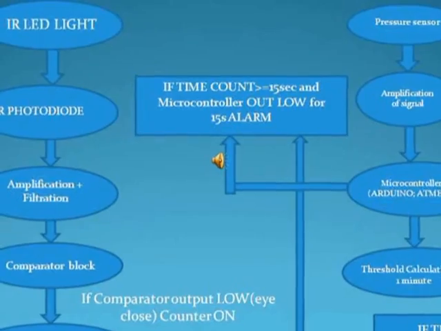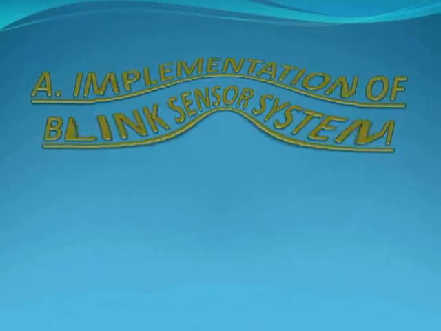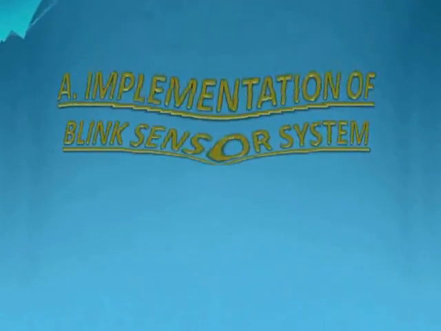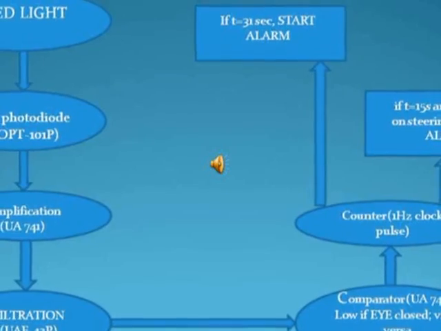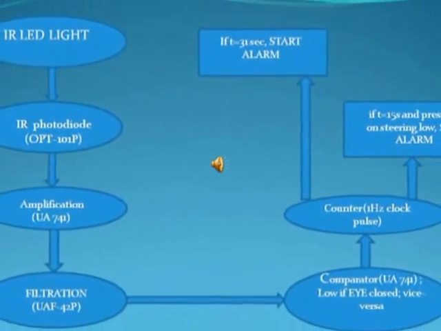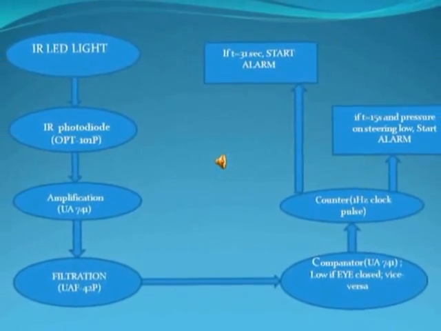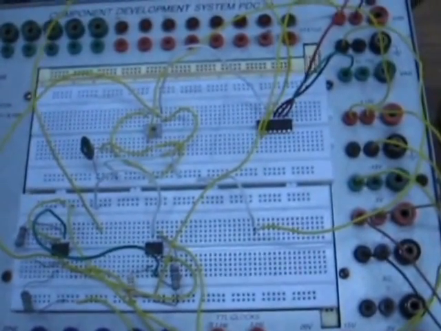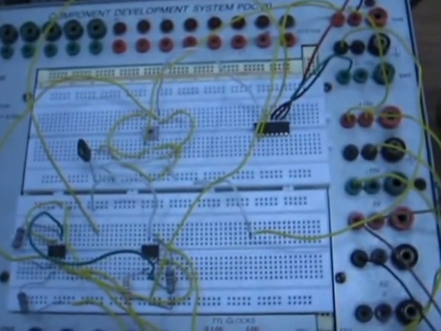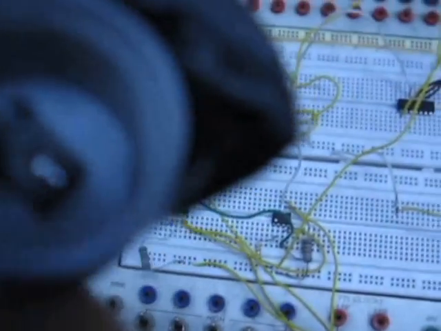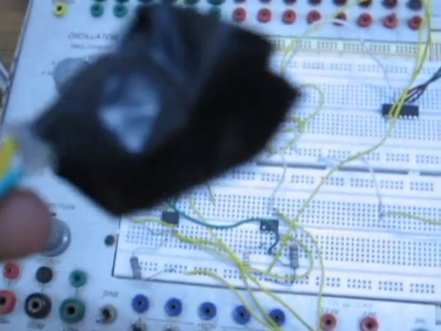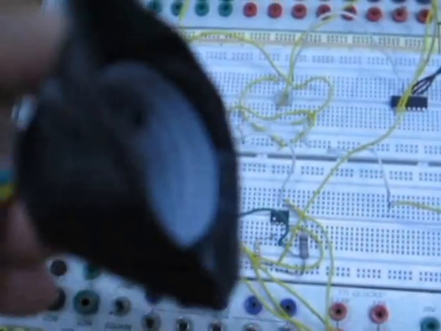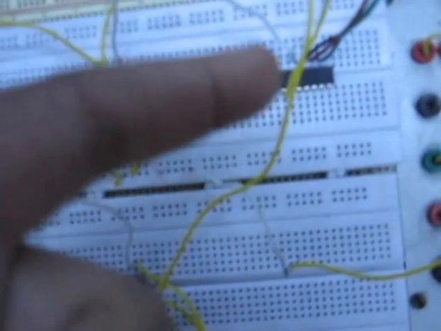Now we will move on to the demonstration of the idling sensor system. Let's start with the demonstration of the idling detection system. First of all, the idling detection system described here comprises this IR LED, which has been wrapped in this black sheath in order to prevent interference from other visible light sources. Next, it excites this photodiode, and from there the signals are passed on to the filter block, where